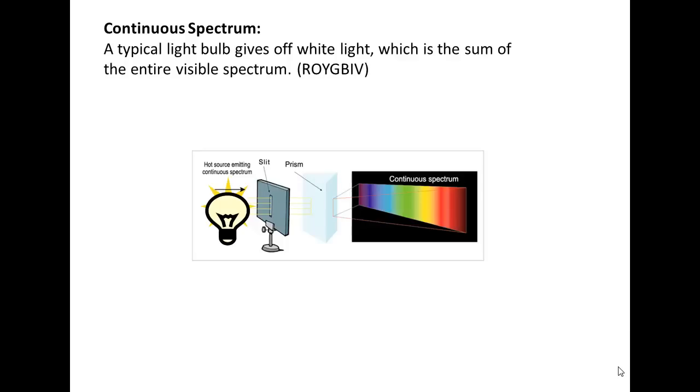In order to understand what an emission spectrum is, we need to understand what a continuous spectrum is. I'm sure you've seen this before if you have some sort of prism hanging in a window and you see a rainbow that appears. What's happening is that the prism takes that sunlight and separates it out into its different wavelengths. It's called a continuous spectrum because you see all the different colors that make up that spectrum, which is a wide variety. It has a whole range of colors that are in that spectrum, and therefore